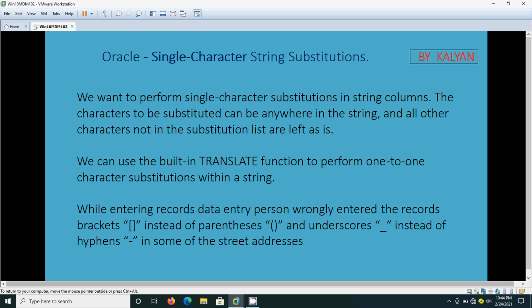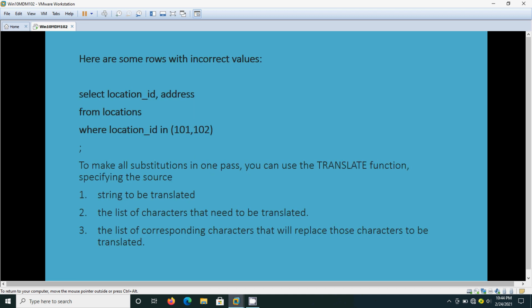So here the translate function helps us to perform one-to-one character substitutions within a string. Here, to make all substitutions in one stretch, we will be having millions of records, but we should know which location IDs got affected.